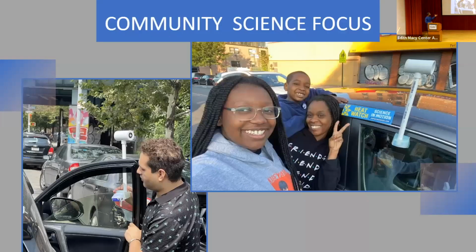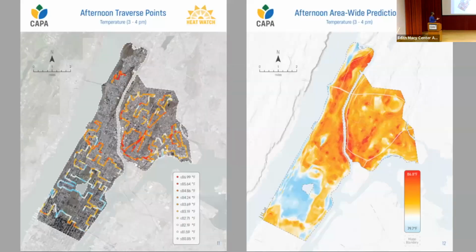So we go out in the field and we train folks beforehand, and they attach these sensors to their cars. This effort involves Vivek Chandis at Portland State University. Basically, they use Sentinel data, land cover data, as well as the data we collect on the ground, and some different machine learning techniques to map the urban heat island. And on the left, you can see the different routes we took from 3 to 4 p.m. that day. This is the modeling of how heat is distributed.